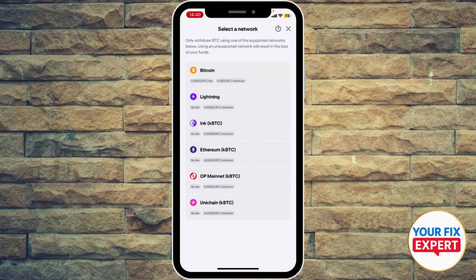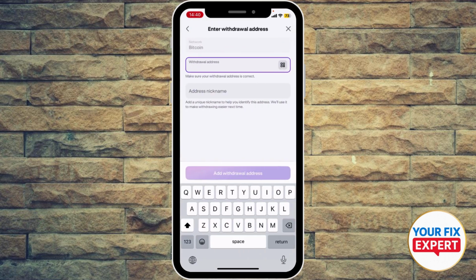Choose the correct network. You will then need to add and confirm a new withdrawal address or select a previous one, right? So enter the amount and confirm the withdrawal. Okay, ensure the receiving wallet supports the chosen network and that you have added any necessary tags or memos for